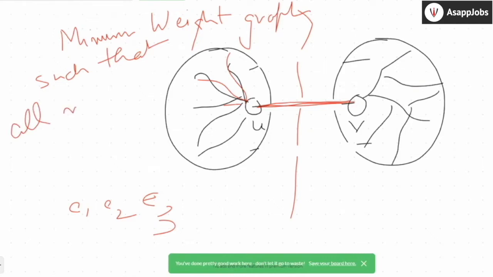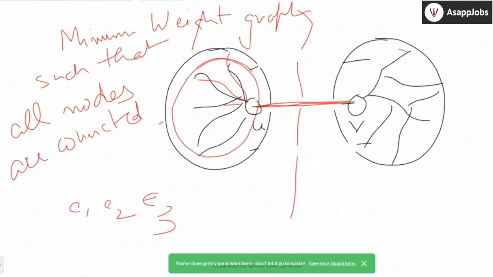When I say nodes, basically vertices. Okay, that was your question. Let's assume I have found the minimum weight subgraph that connects all the vertices. I also have some structure here which connects all the vertices. Now I have two disconnected components of a graph. I want to connect them. How do I connect them so that I preserve the property of a minimum weight graph? You will want to connect them with the minimum weight edge, right?